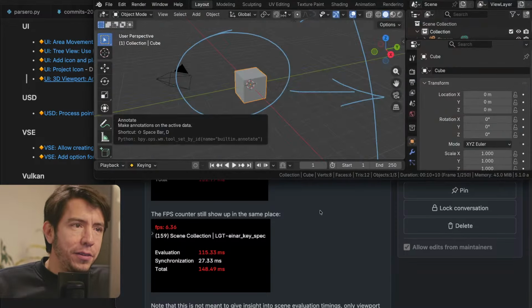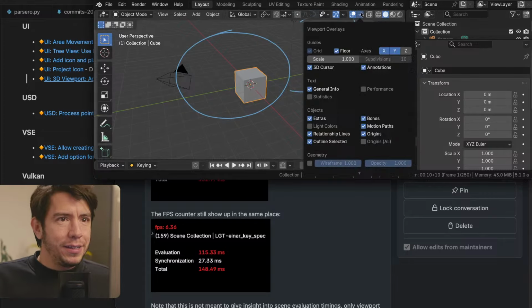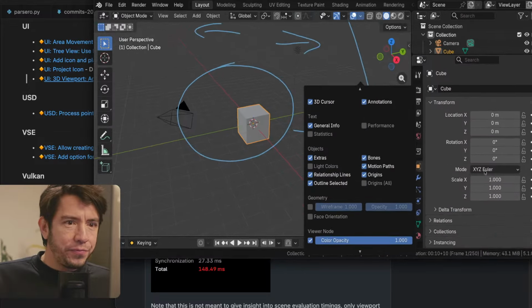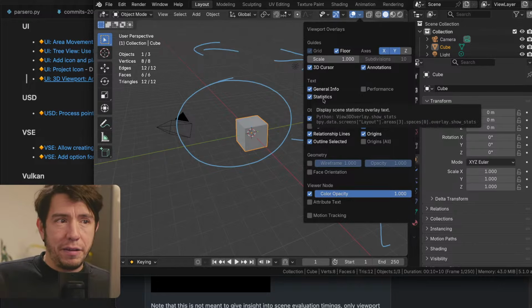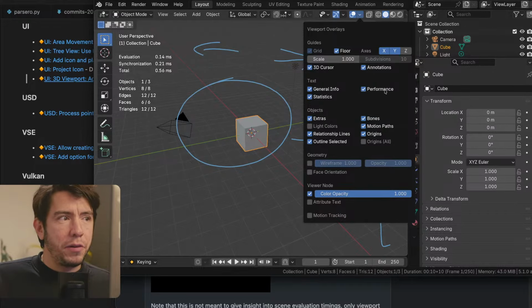And by default, you're probably not going to see much in the default cube. You go to overlays. This has been restructured a bit. This option, the general text info, used to be up here. Now it's down here. Same thing where you have stats. Now there is this one, performance.